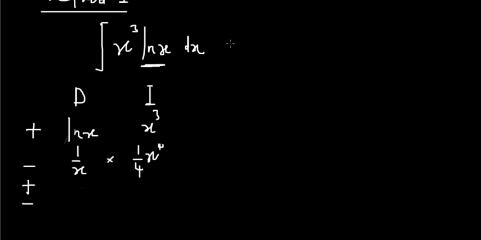So this is how you solve this problem. Pay close attention. So we are trying to cross multiply. So this would be 1 over 4, so we have 1 over 4, and then we have x exponent 4 from here, and then we have